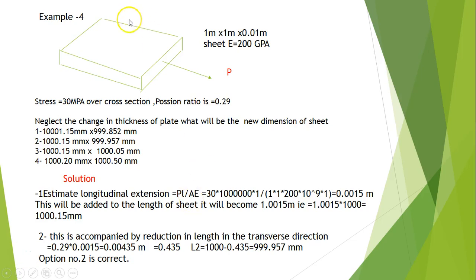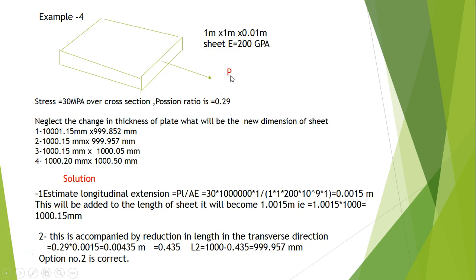Hello, and now we introduce an example, which is example number 4. We have a square sheet, 1 meter by 1 meter, and the thickness of that sheet is 10 centimeter, which is 0.01 meter. The sheet has a modulus of elasticity of 200 gigapascal, which is 10 to the power of 9 Newton per meter square, and is being acted upon by a tension